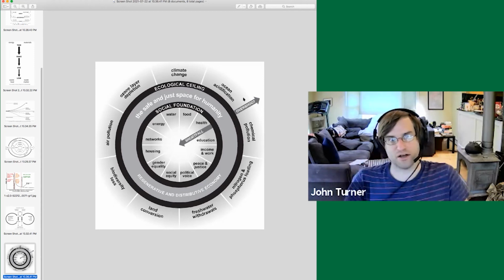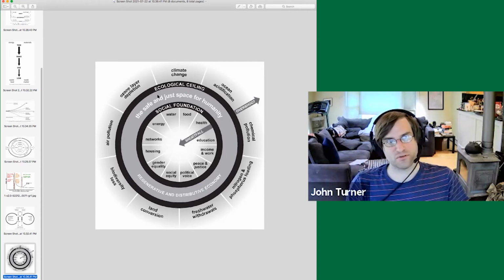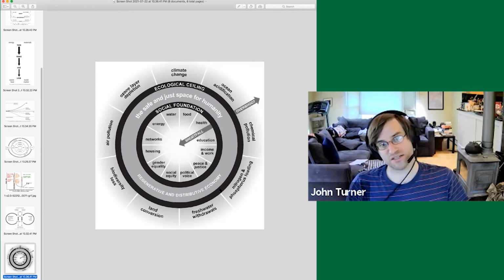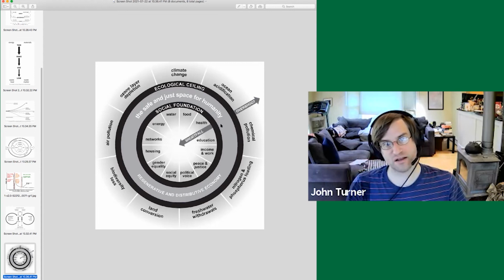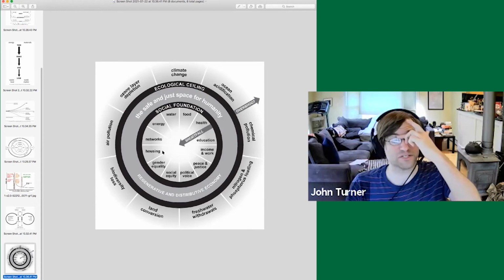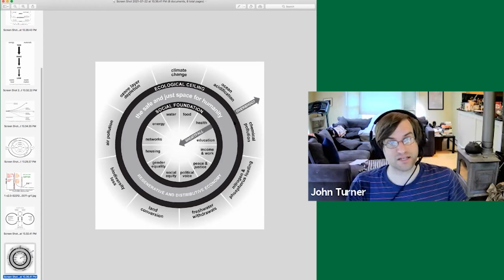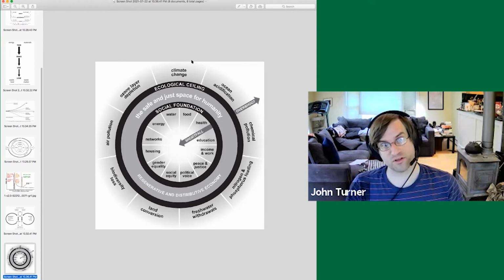This donut in here, this is the safe space for humanity, in the sense that it is socially sustainable, right? So in theory, you could have a society that doesn't overshoot any of these boundaries, but does have a number of shortfalls here. If people do not have a political voice, or there are many, many people without housing, even though that society might not tip us over the threshold on climate change, it has a number of different shortfalls with regards to what we want out of living in a society.